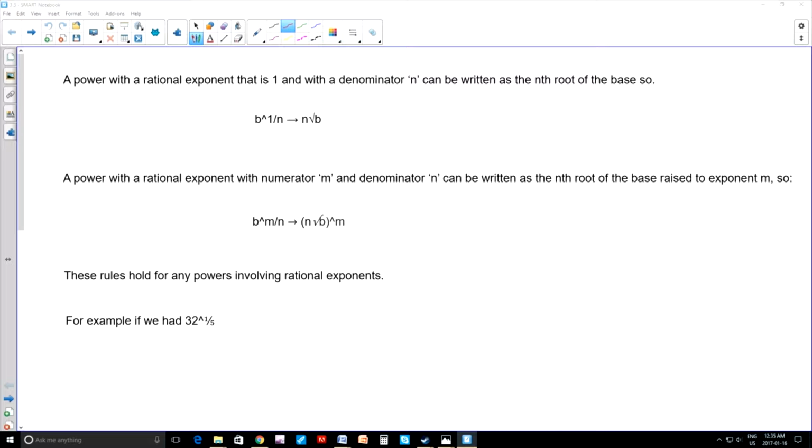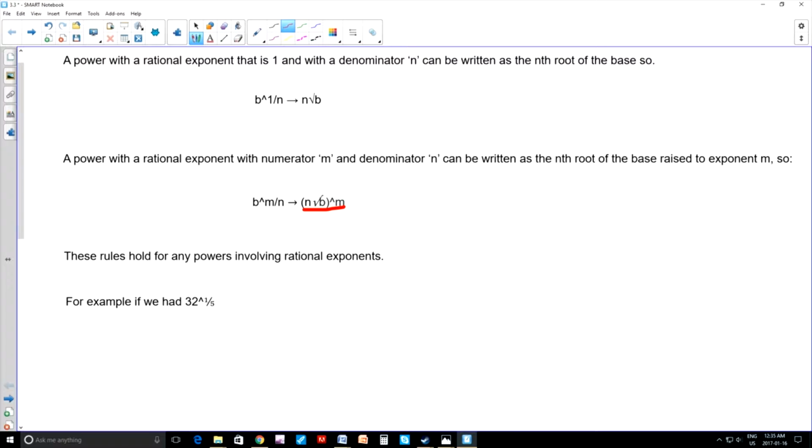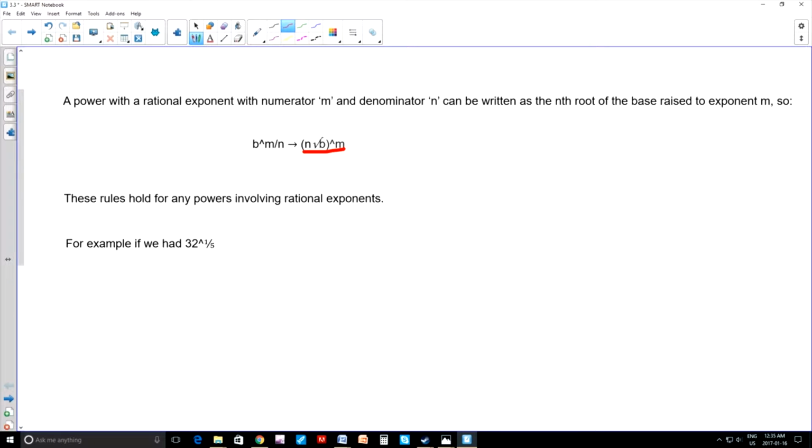So b to the power of m over n can be written as the nth root of b, the entire thing to the power of m. These rules hold for any powers involving rational exponents. So for example, if we had 32 to the power of 1 over 5, we can write 32